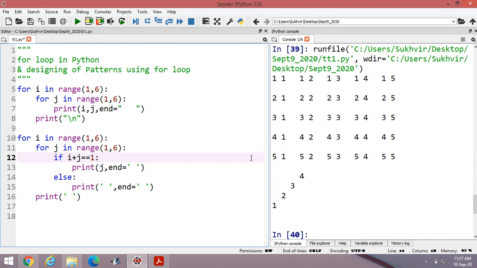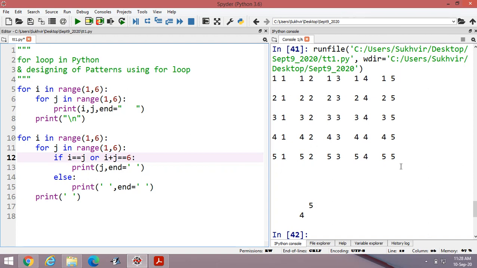If I am writing 10 here, you can display the data accordingly. Only 5, only this data is there. If I am writing 9 here, you can display the second last data, 5, 4. These are the contents. It means according to your choice, you can display the data. Suppose you have to display two contents: i is equal to j, or i plus j is equal to 6.